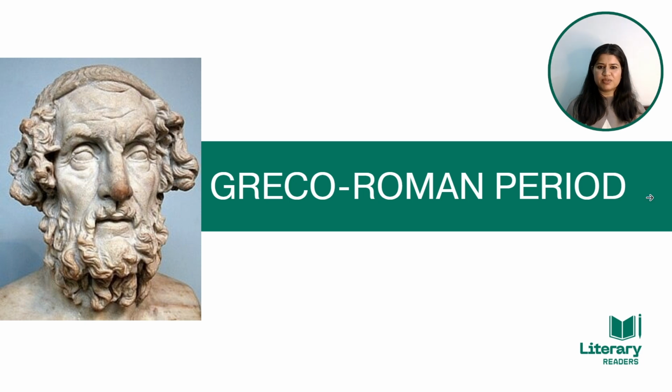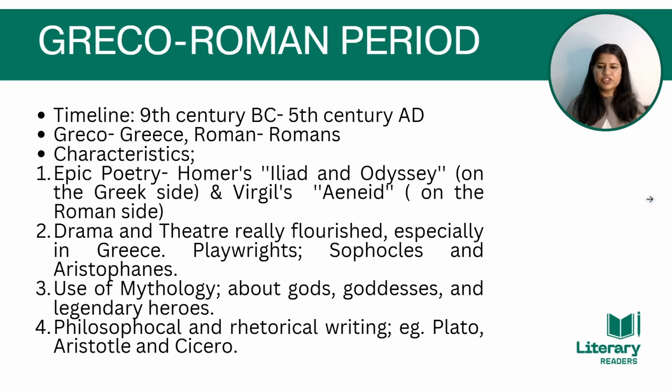Let us begin our discussion on the Greco Roman period. If we talk about the term Greco-Roman period, then the word Greco comes from the word Greece and the word Roman comes from the word Romans. Because during this period, the writers were either from Greece or from Rome. That is why the era is known as the Greco-Roman period. If we talk about the timeline of this period, this period has started from 9th